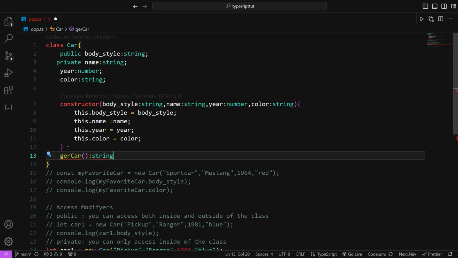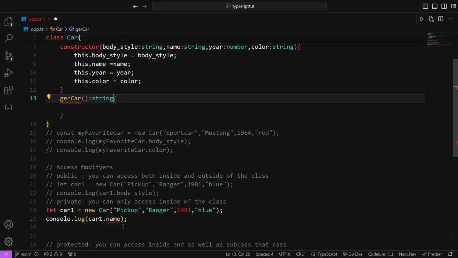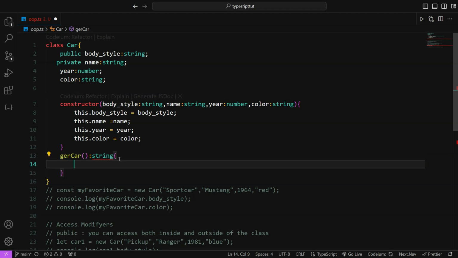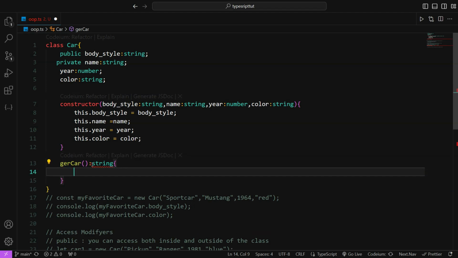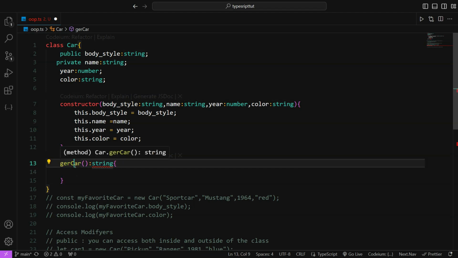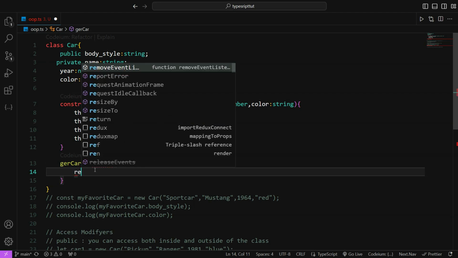I'm creating a function because I want to access this private property, since there is a red line saying you cannot access. So to solve this, I'm creating a method called getCar and giving it the annotation of a string. I explained function annotation in my TypeScript tutorial, you can check it. So I created a function which returns a string, and now let me return